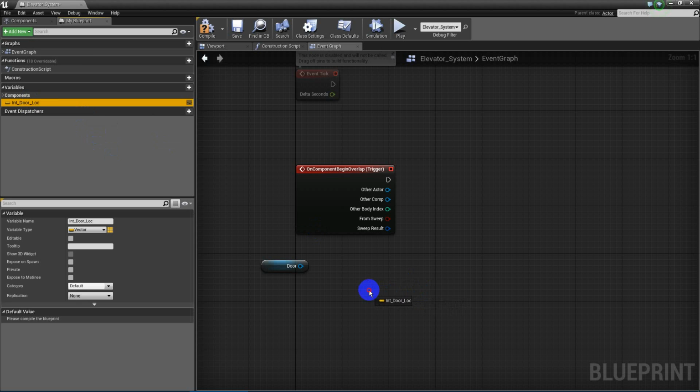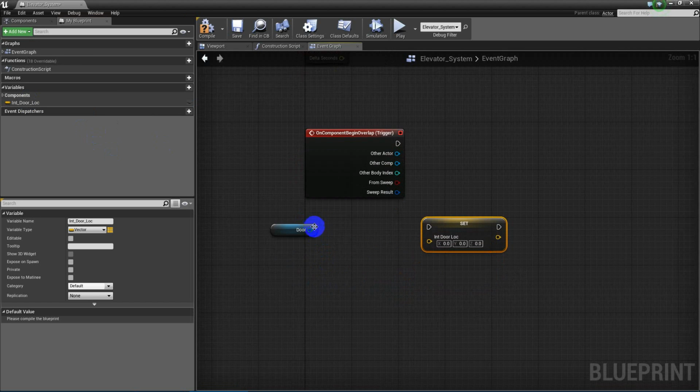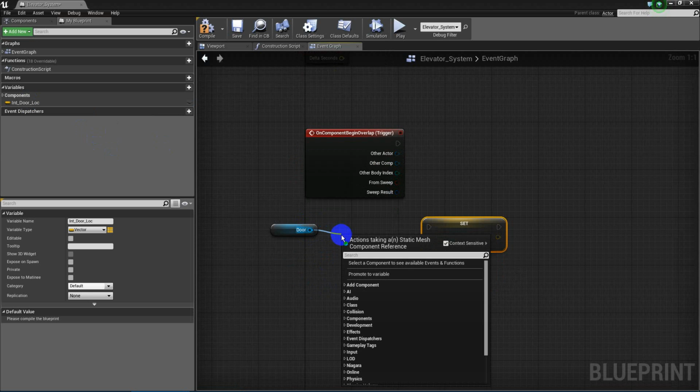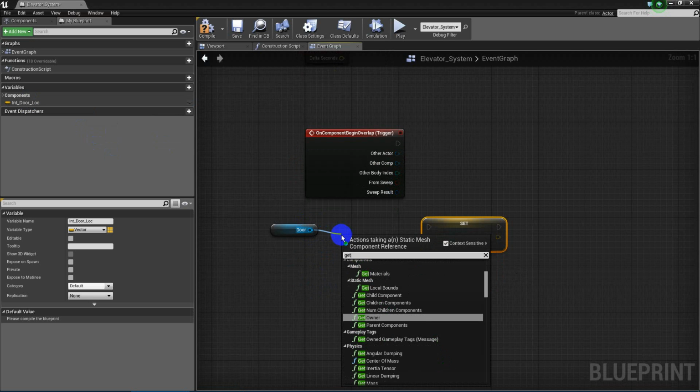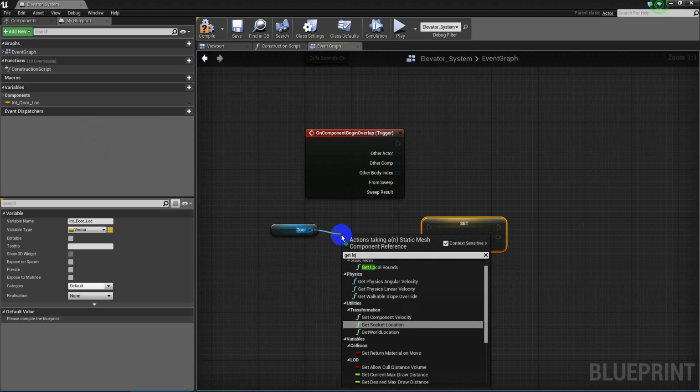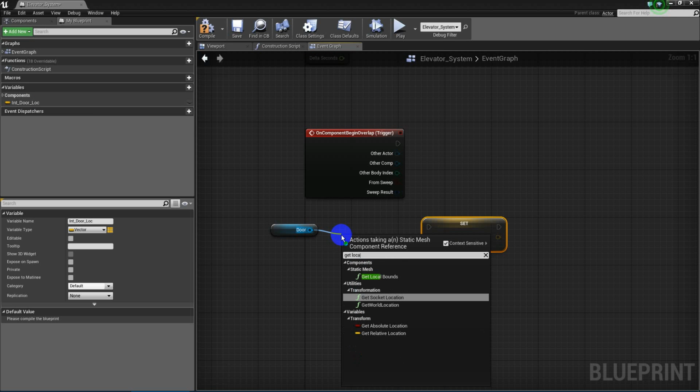So I will have this variable. I will get this door, get a location, get transform,